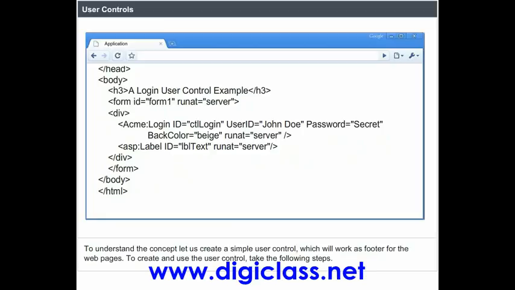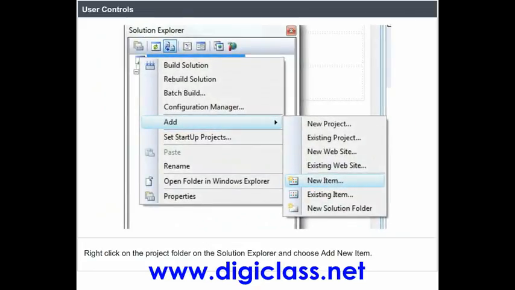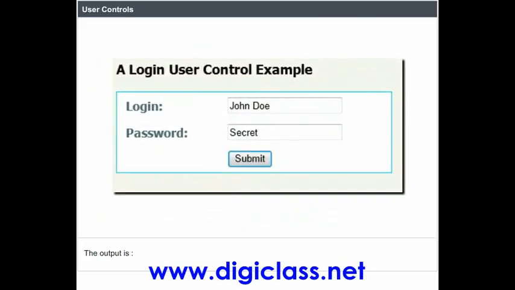To understand the concept, let us create a simple user control, which will work as a footer for the web pages. To create and use the user control, take the following steps. Create a new web application. Right-click on the project folder in the Solution Explorer and choose Add New Item. The output is